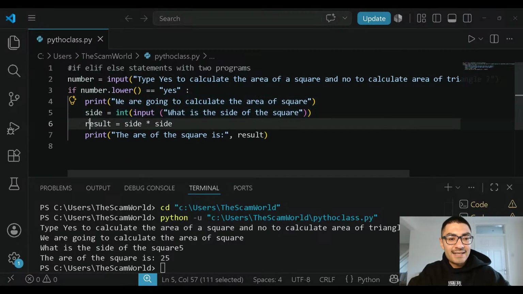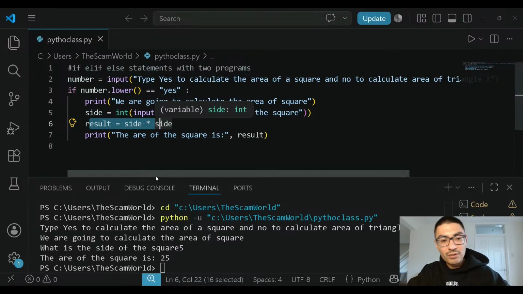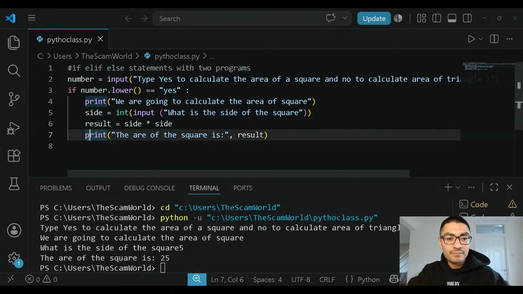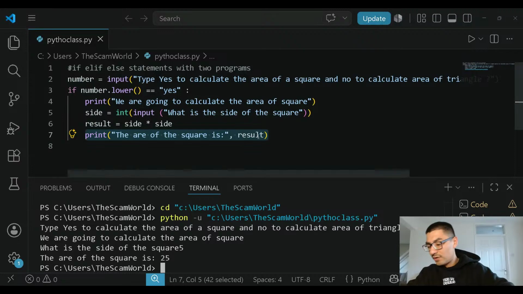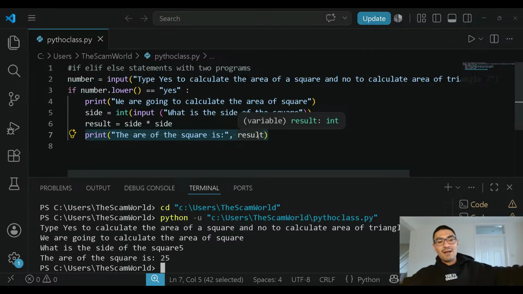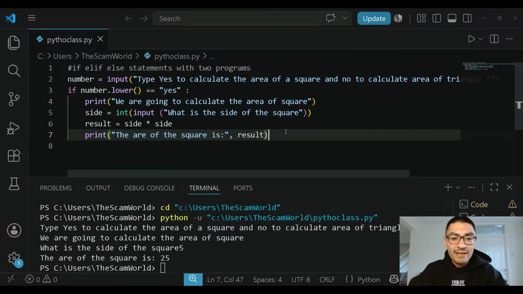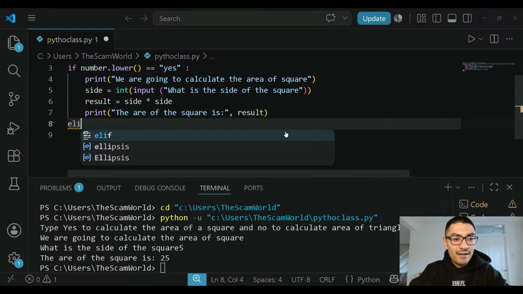It did this line, so it went to the next line and did result equals time times side, and it printed the area of the square is equals comma result. So the area of the square is 25. So it did everything that we had inside our if statement. It did every single thing that we had inside our if statement, and then it executed every single line of code. So we're gonna do elif so you guys can see elif